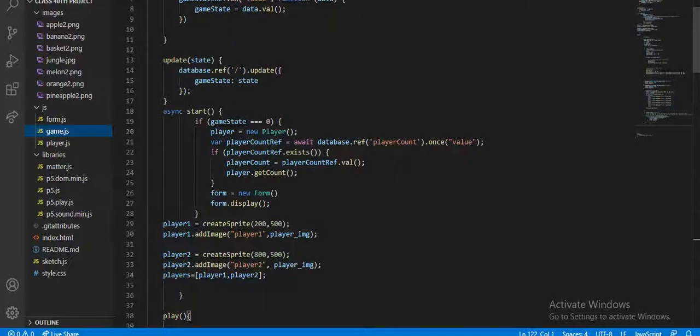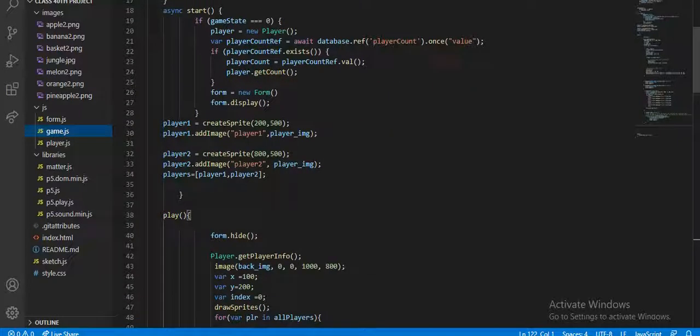Then update, in which we write the state, the database referring to the update, with gameState as state. Then async start: if gameState is equal to 0, then player is equal to new Player. So here we are creating a player count. Then playerCountRef, if it exists, playerCount is equal to playerCountRef.value, then player.getCount.